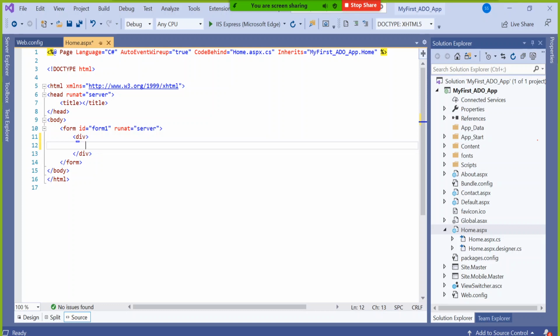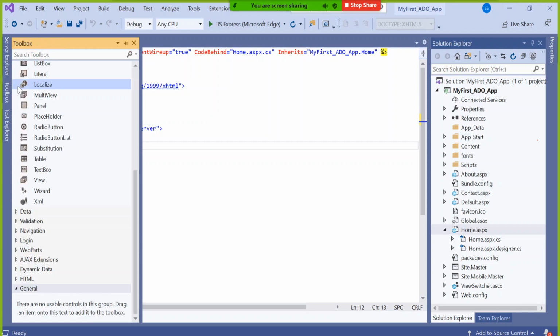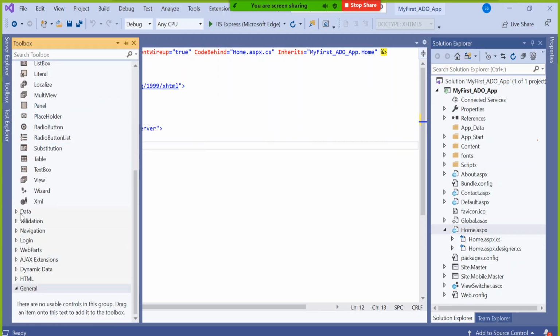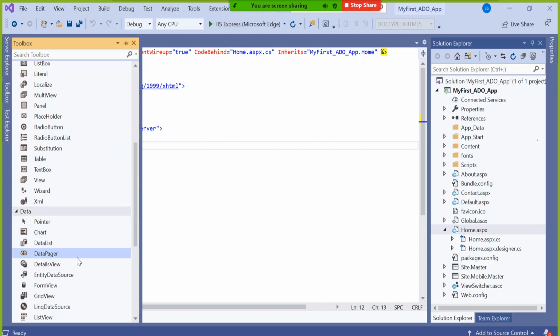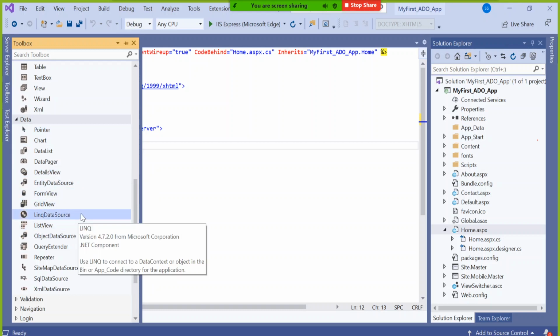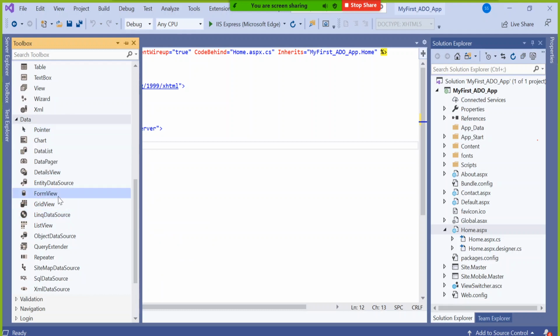But in ASP.NET Web Form, they have one server side control called grid view. So what you do, you go to toolbox. Can you see on the left side? There is something called toolbox. In this toolbox, you will get something called data, and here you will get something called grid view. But I will tell you one more thing here. Usually freshers used to go here and drag it. Once people become a little experienced, they will not go here and drag it.